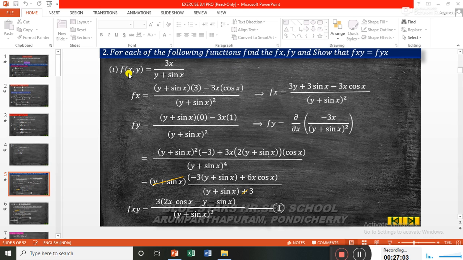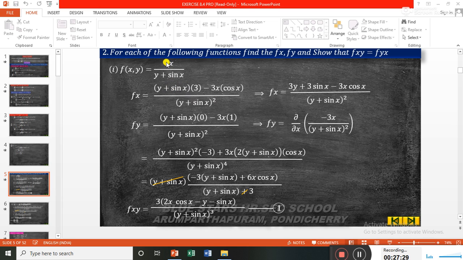I write the given function: f of x comma y equals 3x by y plus sin x. Now fx means partially differentiating with respect to x. The function is in the u by v form, numerator and denominator, so we apply the differentiation of u by v. I write the denominator, y plus sin x, whole square